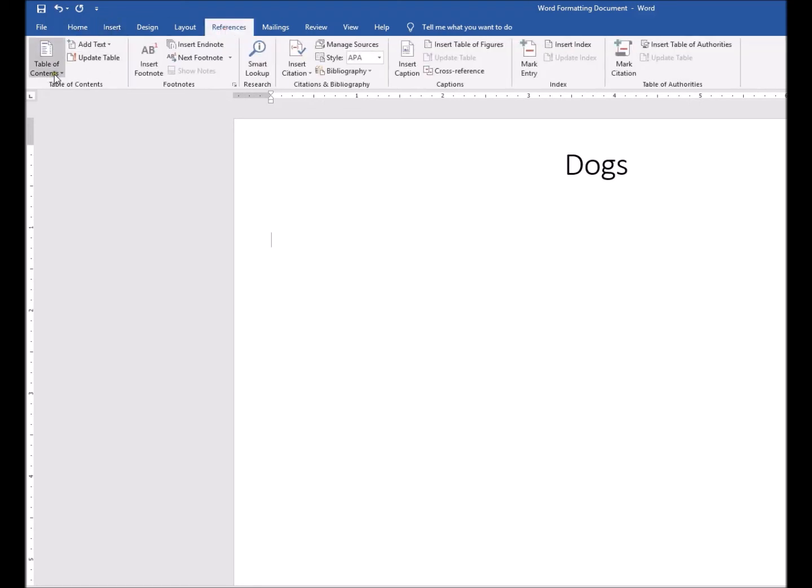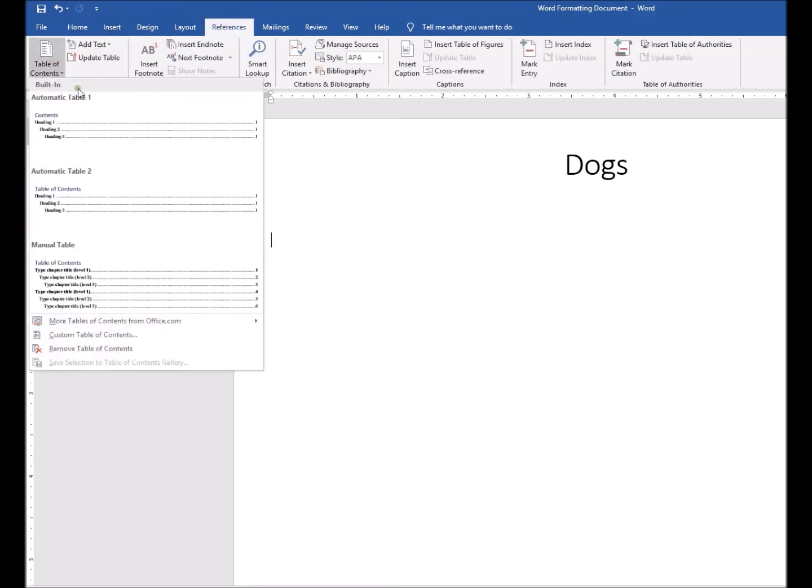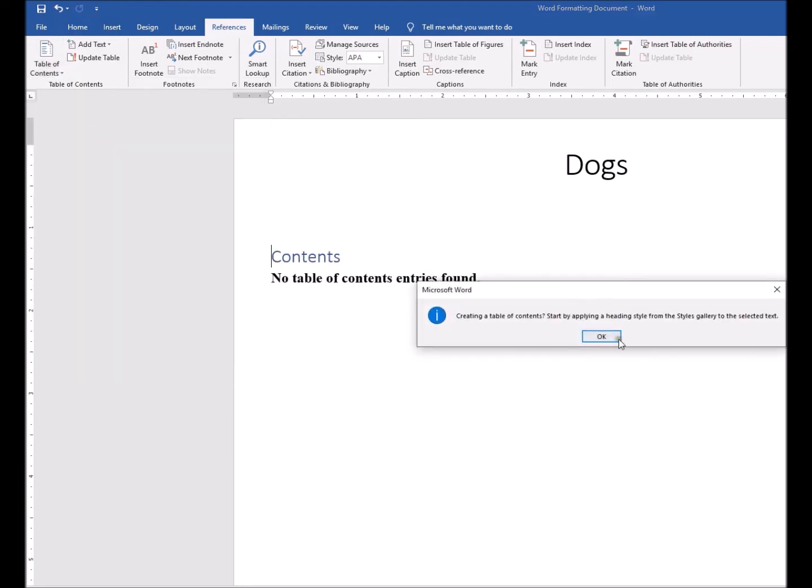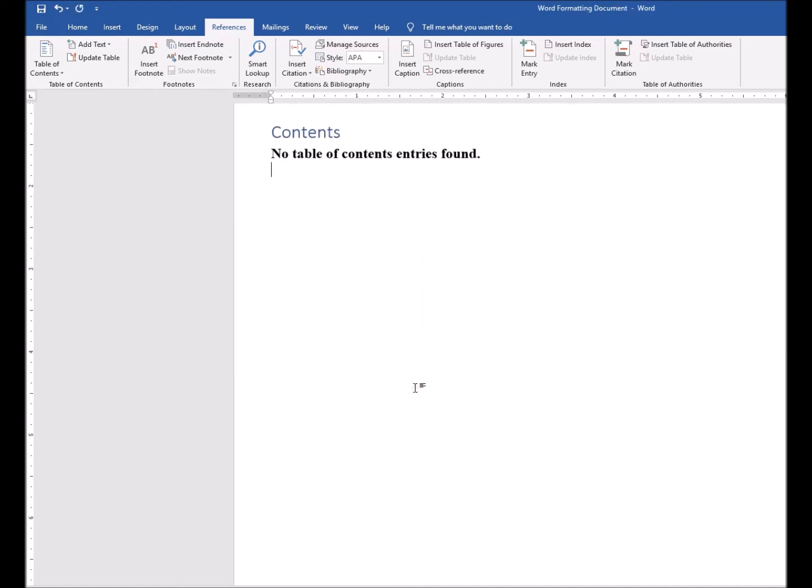And so let's say this is our title, and I want to have, where is it? References, insert a table of contents. So I'm going to click on table of contents. Let's just go with basic automatic table 1. It says creating a table of contents. Start by applying a heading style. Good, I'm glad that came up. That's very good. So nothing found, but that's okay. So I'm going to go enter, enter. Remember, I'm going to hit the button Control, and I'm going to hit enter, and that goes down to the